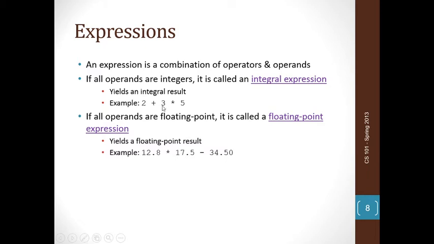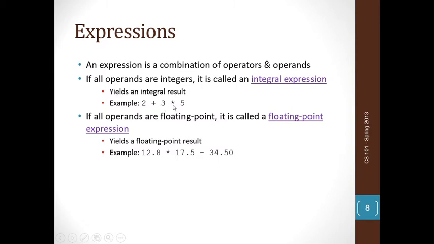We will only evaluate from left to right when we have operators of same precedence. If we do not have operators of same precedence, then we will not evaluate from left to right. We will evaluate it according to the precedence.